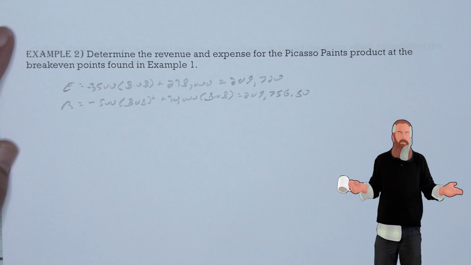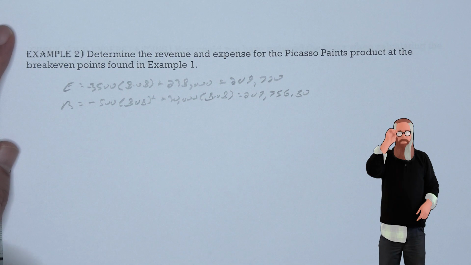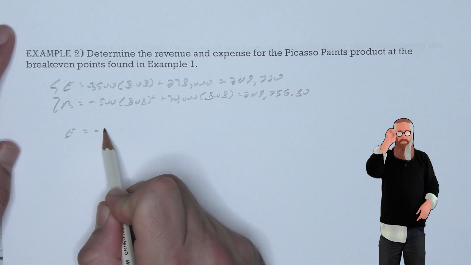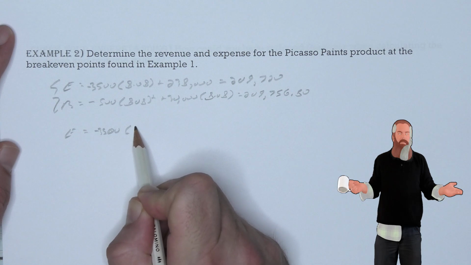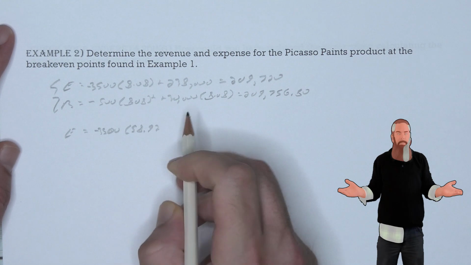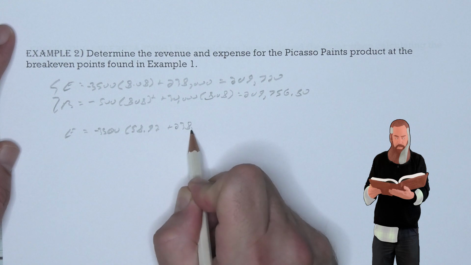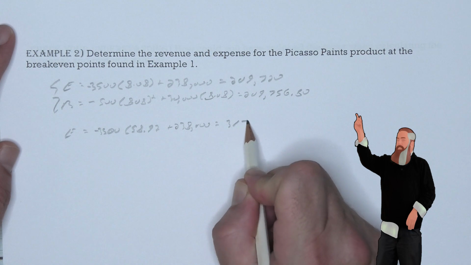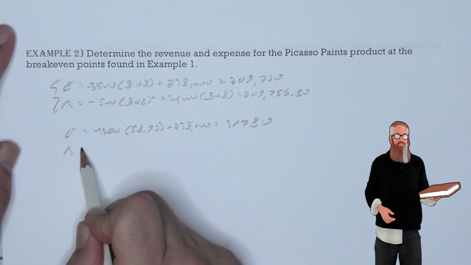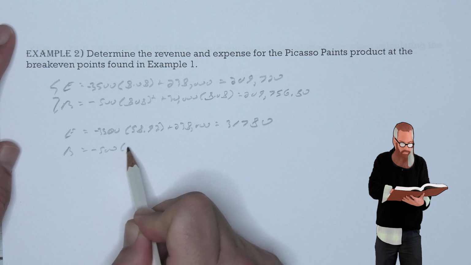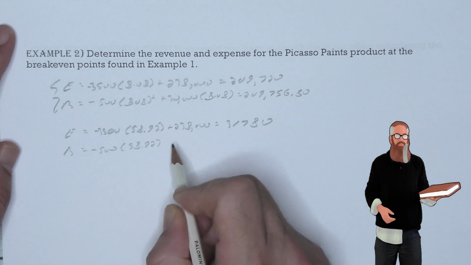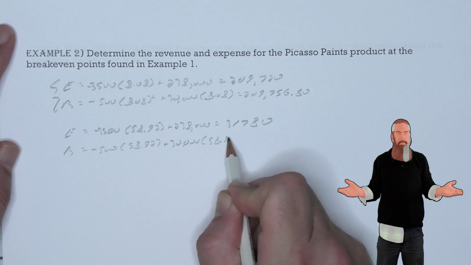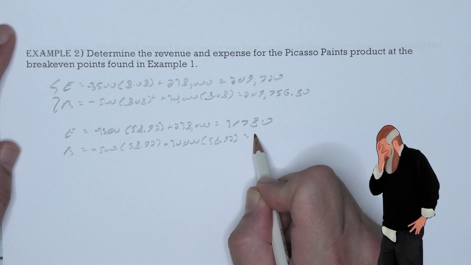And that's going to give us 209,756.80. Now, if we're substituting 58.92 in for p, then we would be looking at an expense function of negative 3,500 times 58.92 plus 238,000. And that's going to give us 31,780. The revenue function would be negative 500 times 58.92 squared plus 30,000 times 58.92, and that would give us